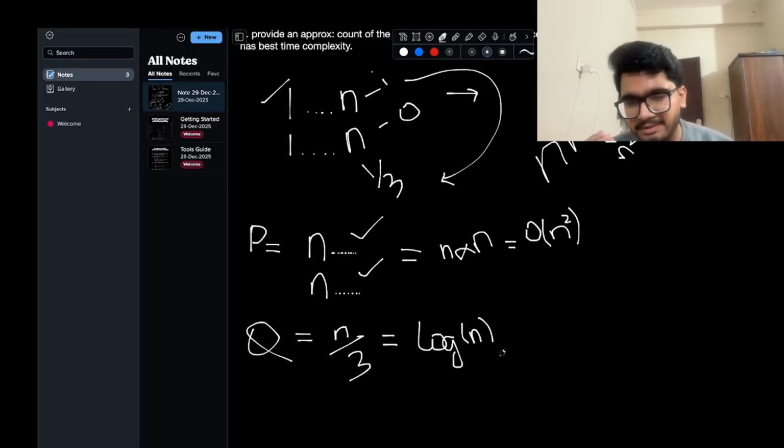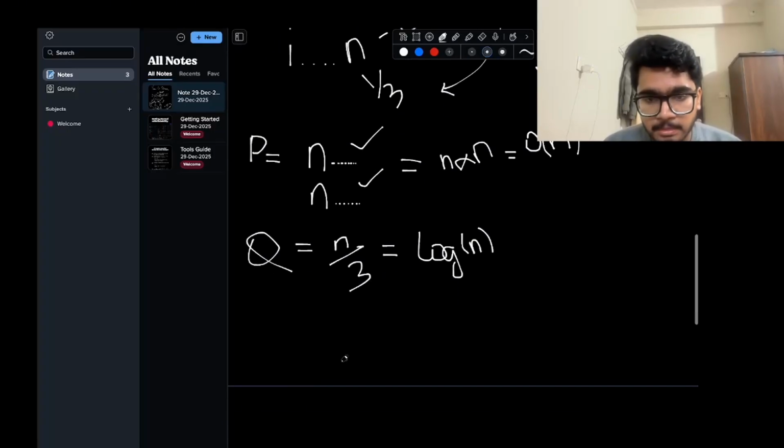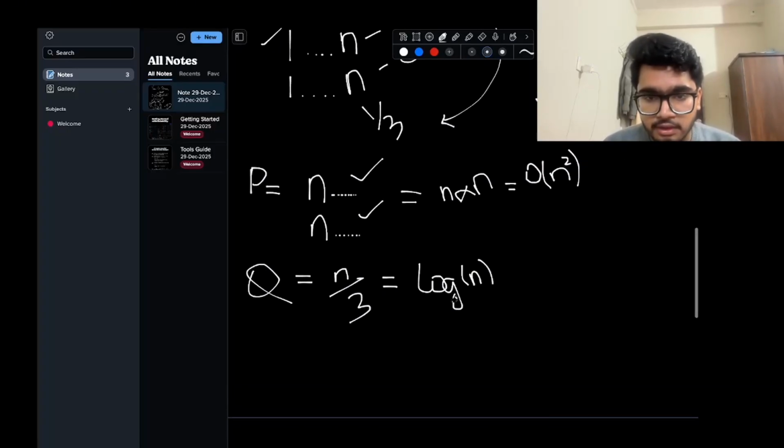This is the basic and simple logic behind this. You have to memorize it: if you are iterating or traversing linearly, you will always choose complexity of n, and if you have loops, either inner or outer, two loops or more, you will always take n square. And if the problem size is shrinking or dividing, if there is any division being performed in your question, then you will always take complexity as log of n. So this was a simple answer for our question.